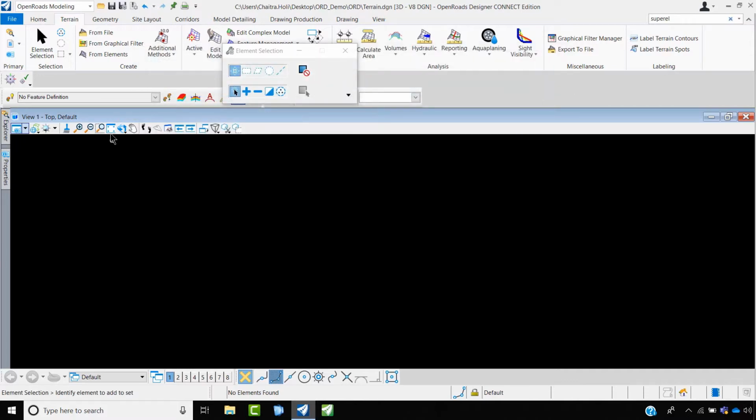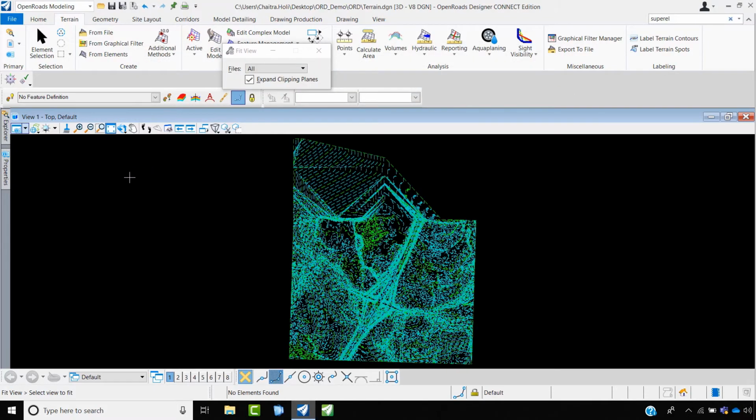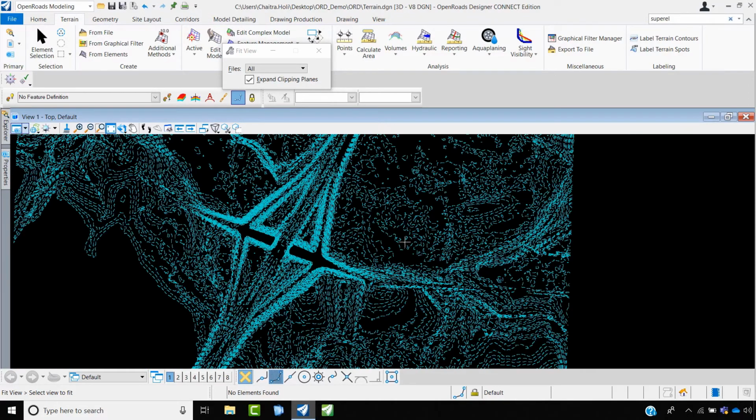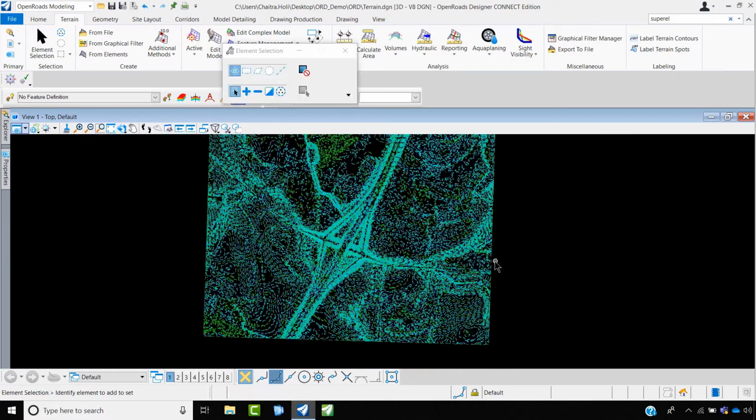I would come out of this window and now give this Fit button. This data is taken from the geo-coordination service in ConceptStation rather than from the surveyor, who has total station data as a separate drawing file. I'm not utilizing that. So once this terrain has been imported,